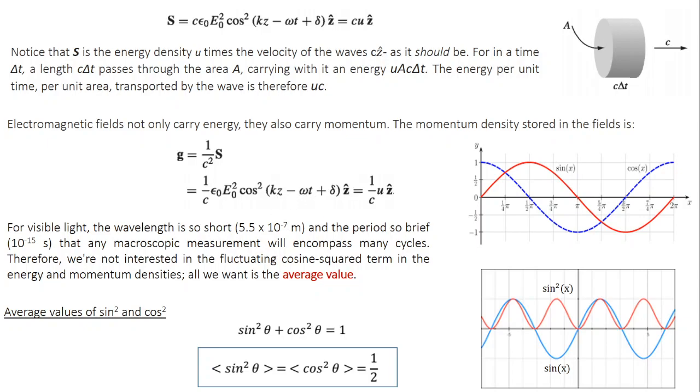Now there are two ways you can find the average value of cos squared or sine squared for that matter. One is a qualitative way, which is an easy way, or a more quantitative way. We will define what is the average value of a function, and from that definition we will derive the final value of it. Okay. So let's first do the easy method, the qualitative method.